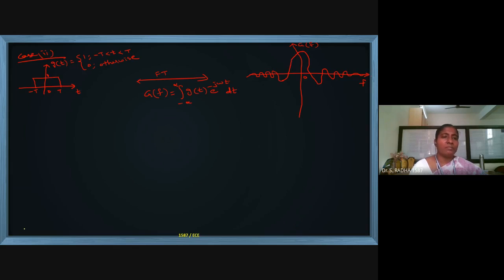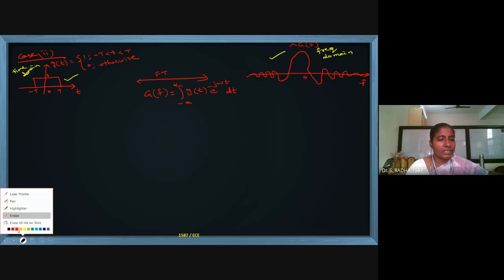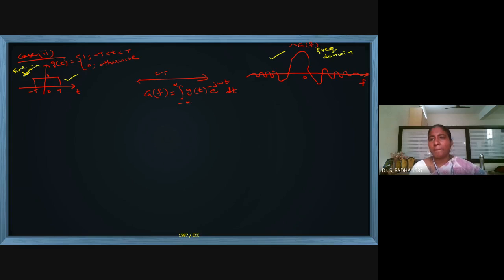From this diagram, what you have to remember is no equations. Just remember this diagram and how the frequency domain will come. This is the time domain, so we are writing g of t. This is the frequency domain, so we are writing g of f. But there is less information in the side lobes. Main lobe means the center one. Side lobes have a lesser amount of information. This is the y-axis.